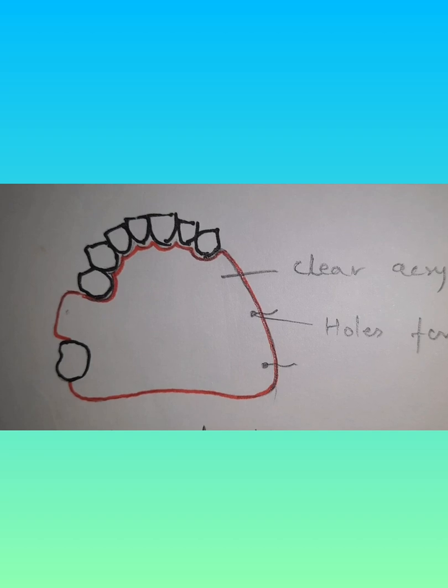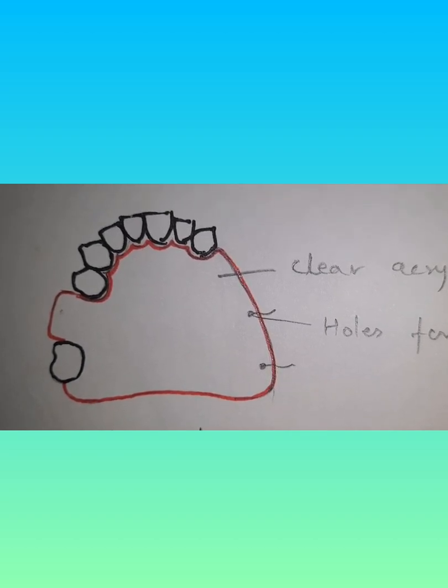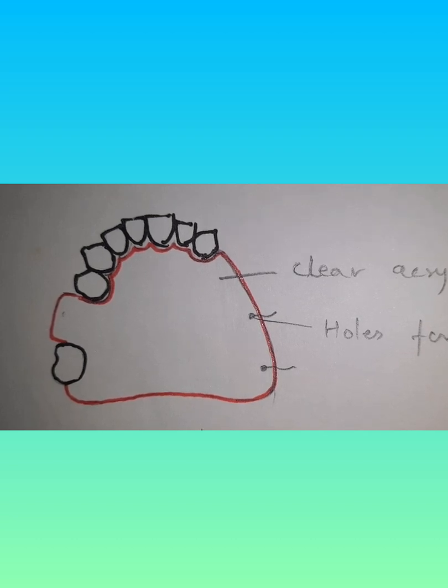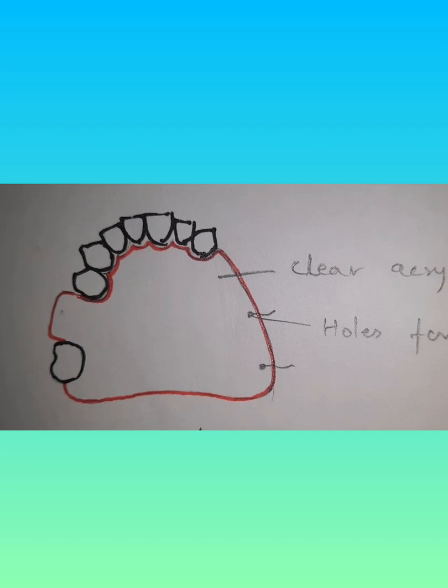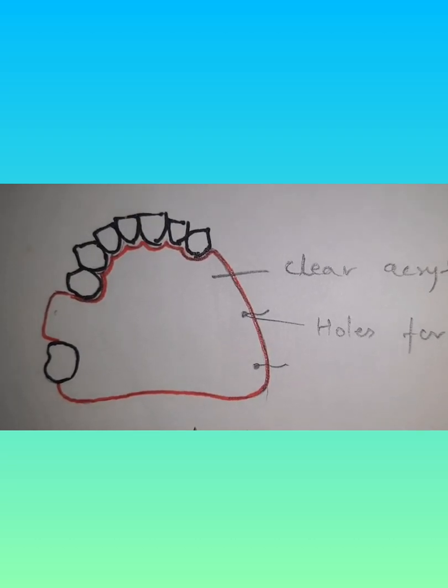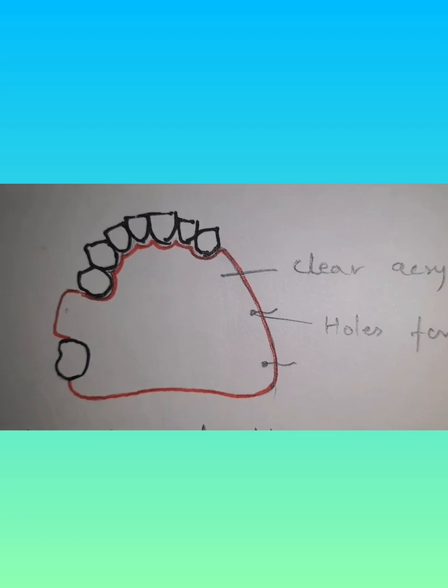Another thing, it will aid in function, because most of these patients will be fed with the help of a nasogastric Ryle's tube. So in those cases, if you close this defect initially, then it becomes easier. And anterior teeth, if required, may be added to increase the aesthetics. Suppose these teeth are also not there, then you can include these teeth in order to provide aesthetics in this case.